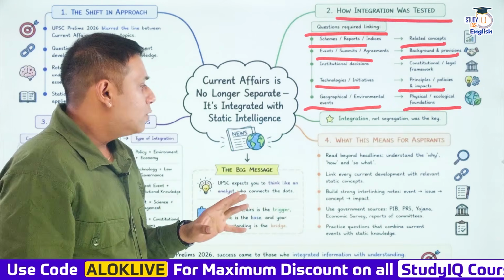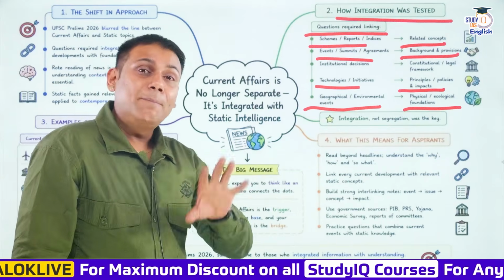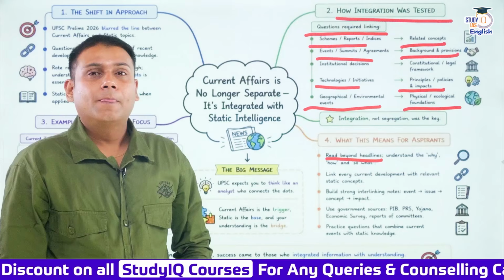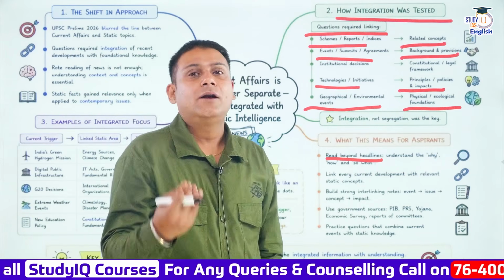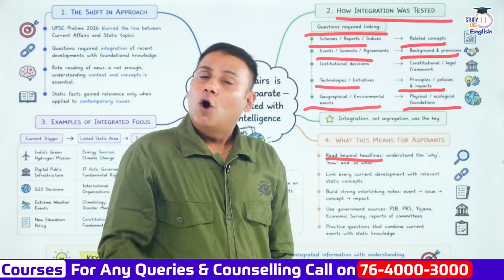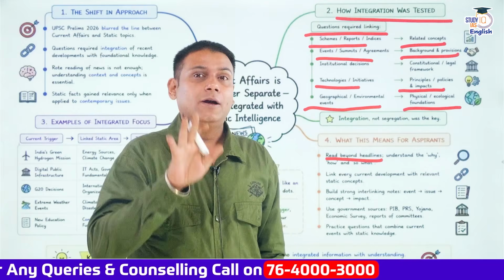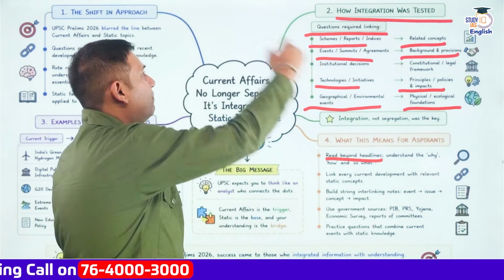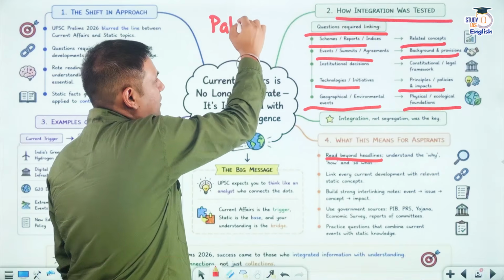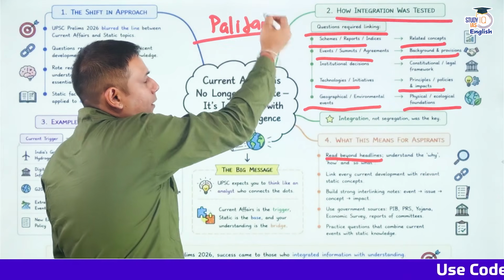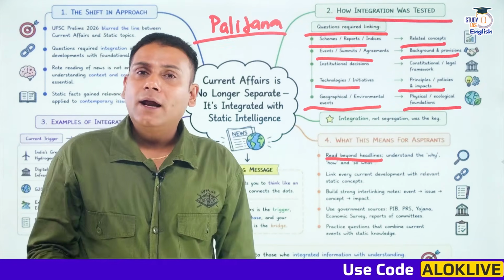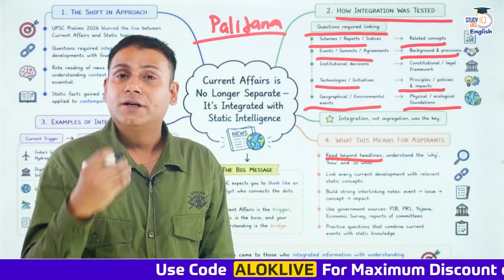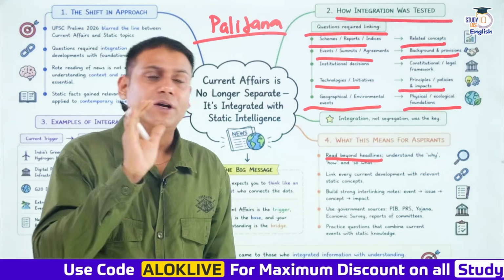Okay. So specifically, what is the message for the aspirants? Read beyond the headlines. I'll give you a very simple example related to history. Although this question has not been asked this year, let's see how we approach it. Last year, there is a place referred to as Palitana. It was in the news. Palitana has been declared as a 100% vegetarian town of India because it is quite important from the perspective of Jainism.